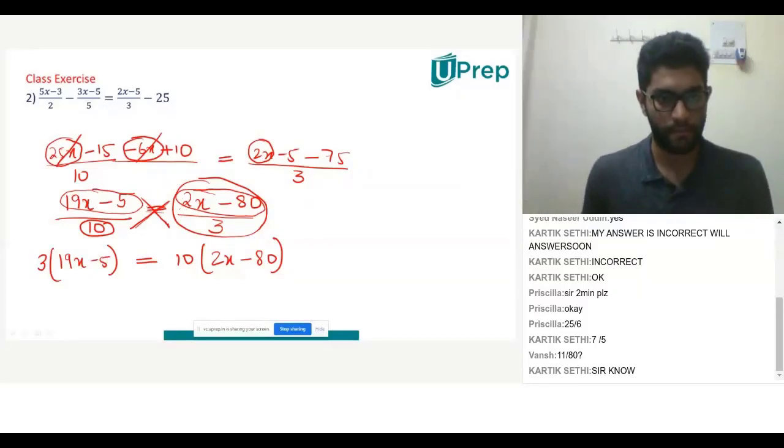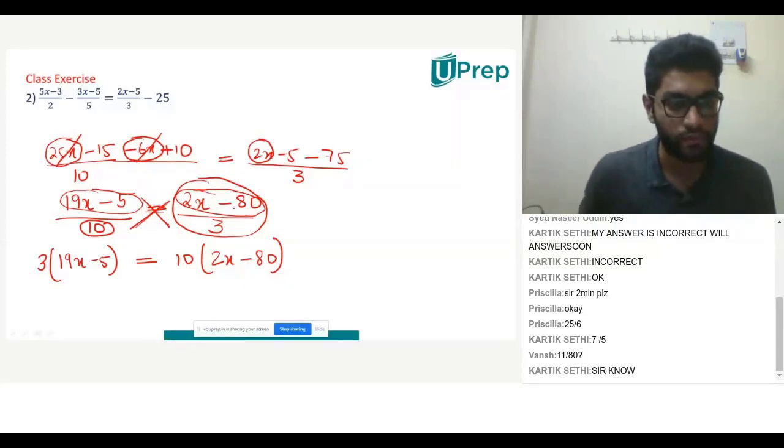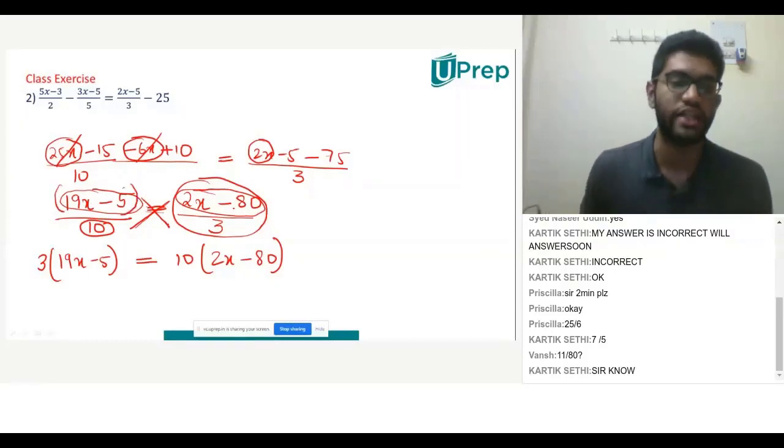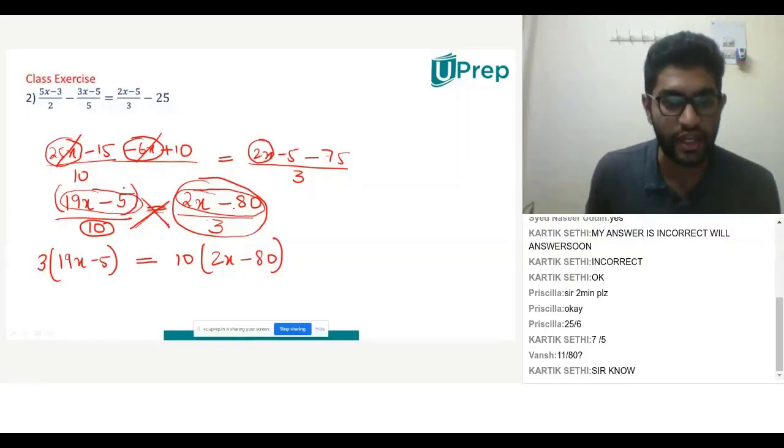Yes. Like when from the denominators, when we multiply it, why are we multiplying it with both the digits, not only one? Because look, 10 has to be multiplied by 2x. 10 has to be multiplied by minus 80 also. Why should we multiply with both? Because when we are multiplying it, the entire term is to be multiplied.